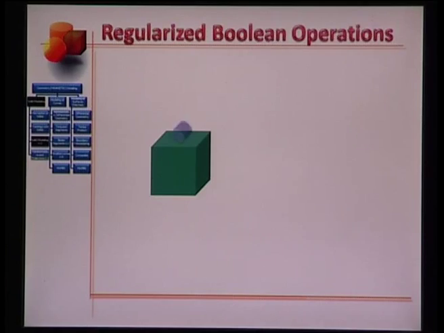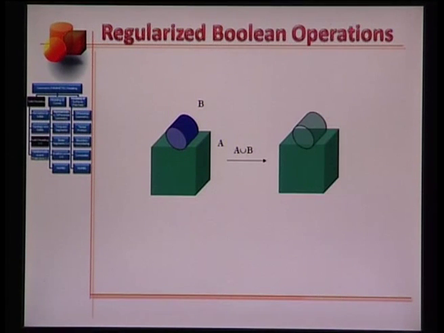We have a cube, and now we have a cylindrical primitive sitting over the top face of the cube. The cube is solid A, the cylinder is solid B. If we try to compute the union between the two solids, we get this solid with a common edge between the two primitives. This is a non-manifold solid,